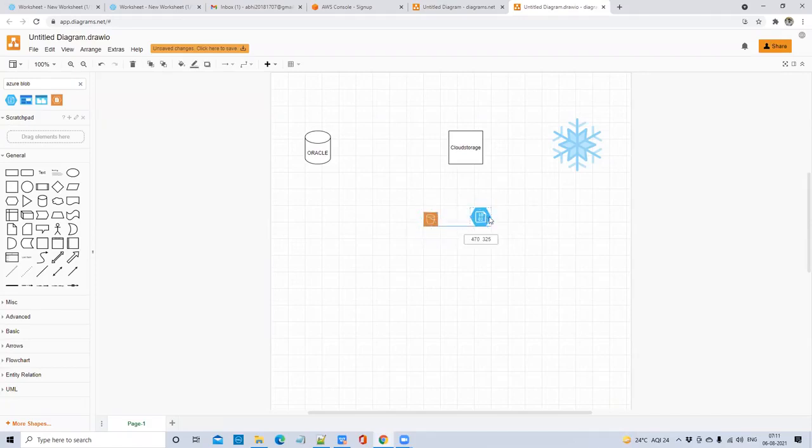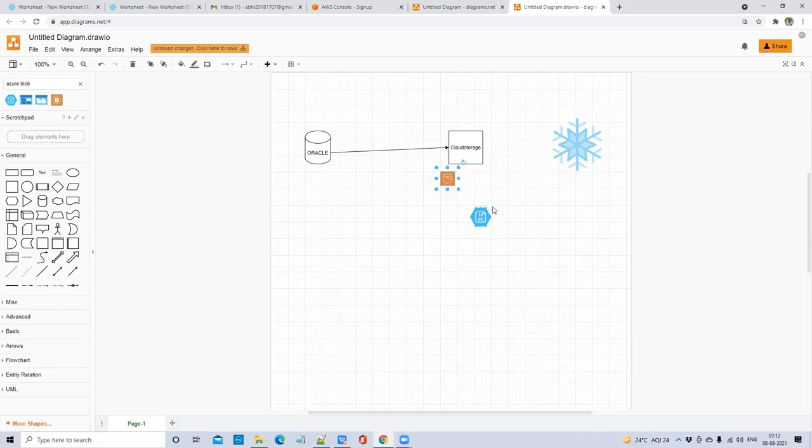These are called services. Generally you'll bring the data from your source systems to this cloud storage. First you will bring the data from your OLTP databases. It can be Oracle or any other database, or it can be a flat file system also. Let's say it can be an SFTP server, or a Linux machine where you are putting your files, maybe JSON files or XML files or CSV files or Parquet files. So all these things generally, you will bring the data to your cloud storage first.